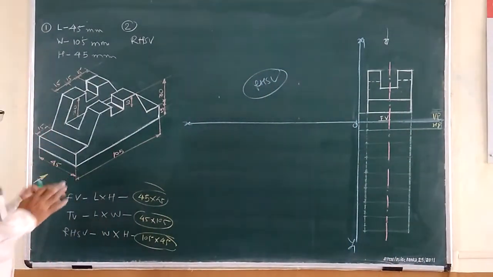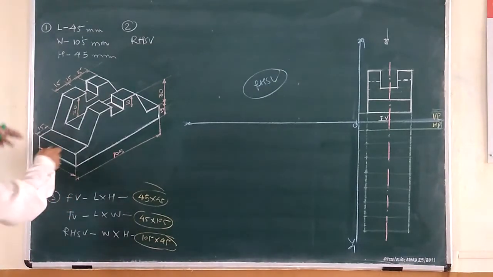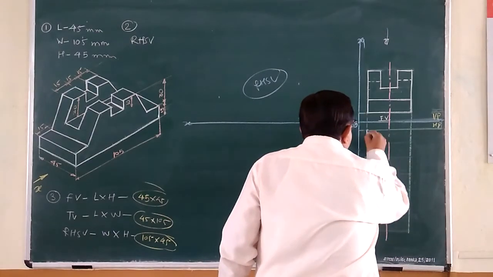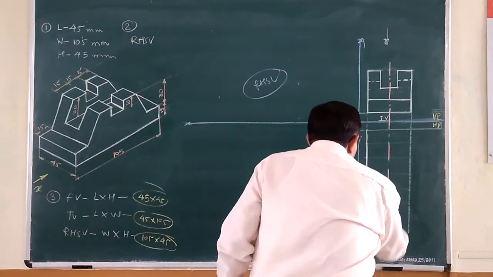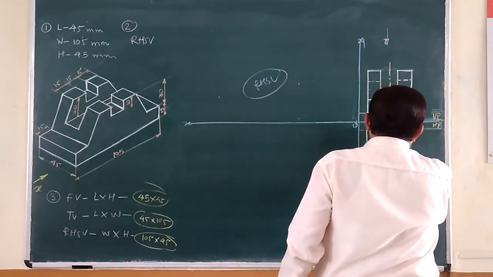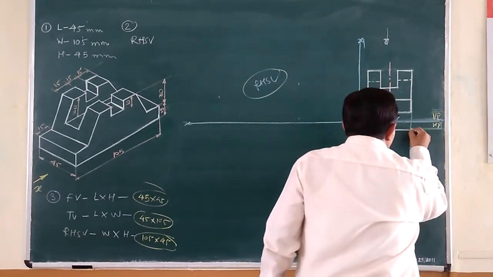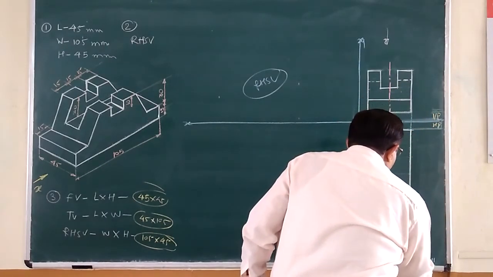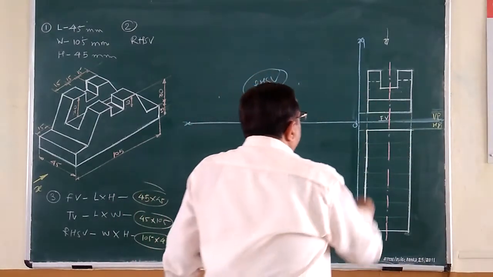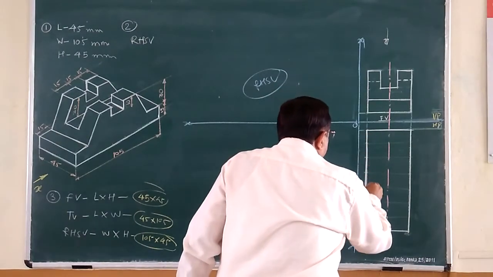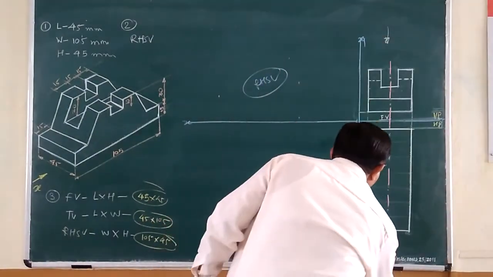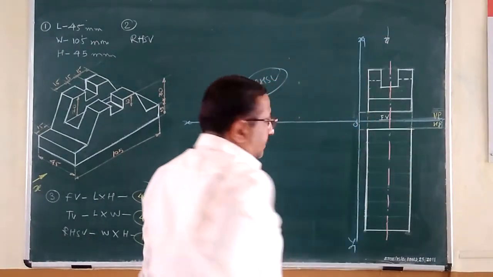Now, at a glance, what will appear? When we observe from the top, only the rectangle, that is the outline, will be visible. Nothing will be invisible. So, in that case, this outer profile, outer contour will be nothing but exactly a rectangle 45 by 105. At a glance, initially, it will appear to the observer. After that, we will think about the internal elements, internal steps.